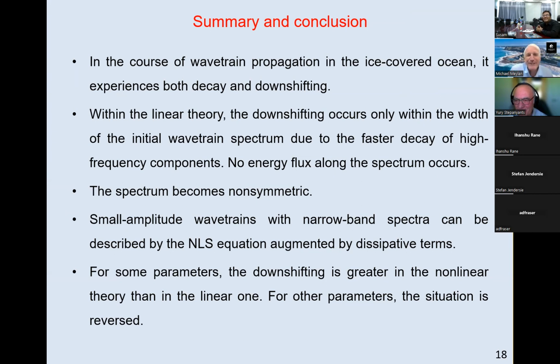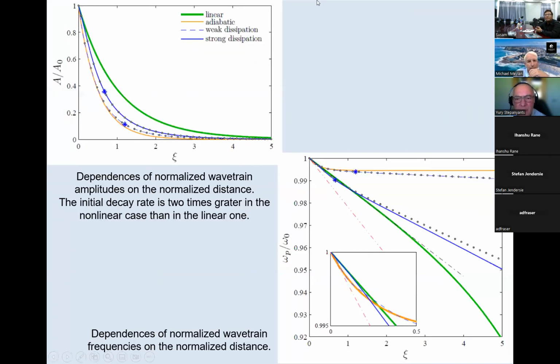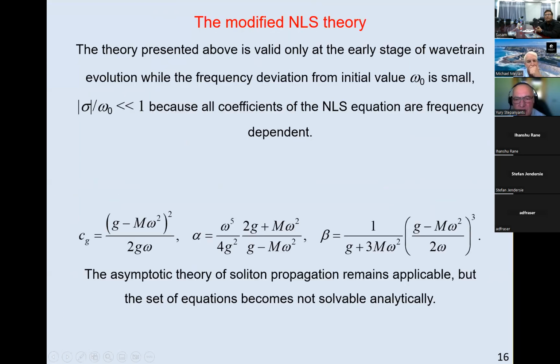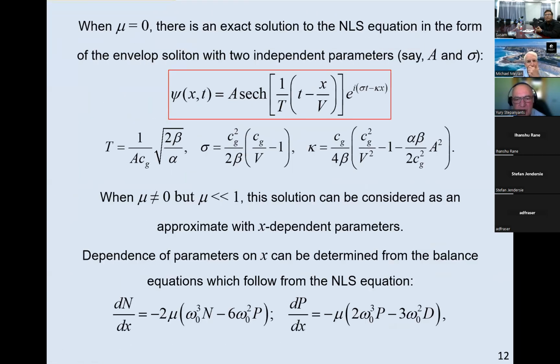I do have a question, Yury. I just wonder how much, in the end, you need to parameterize the dissipation. It seems like, how much influence does that have if you go back to the actual problem of the ice? All right. So the idea is that if we consider the nonlinear